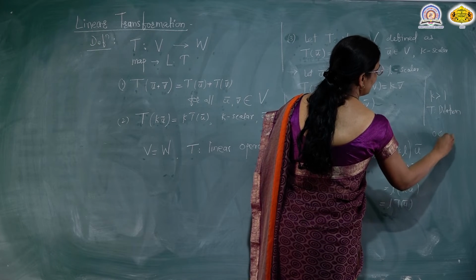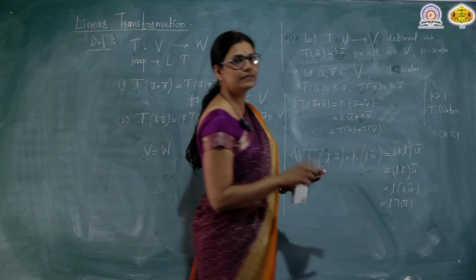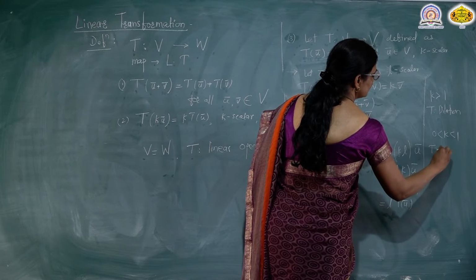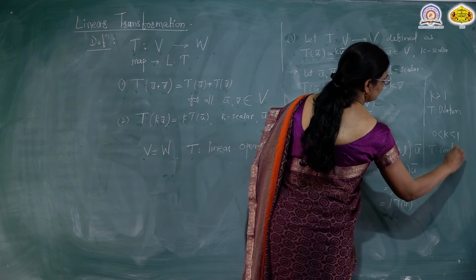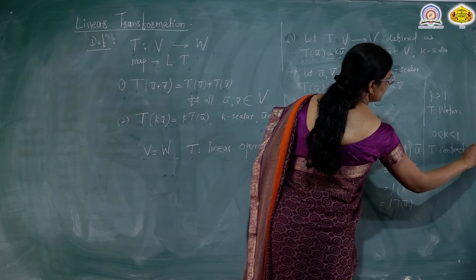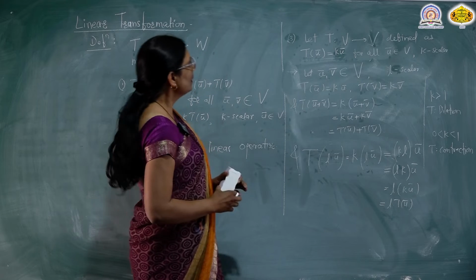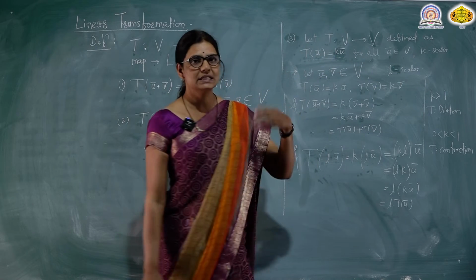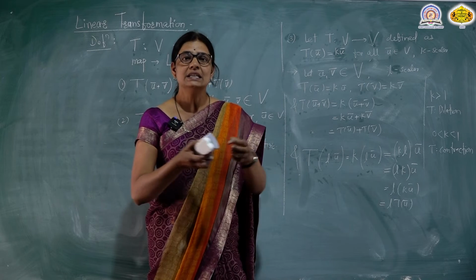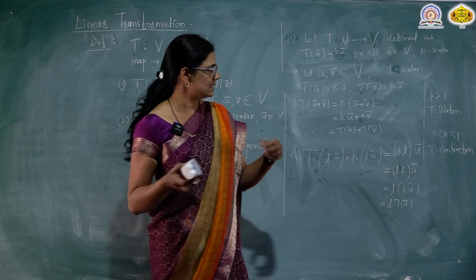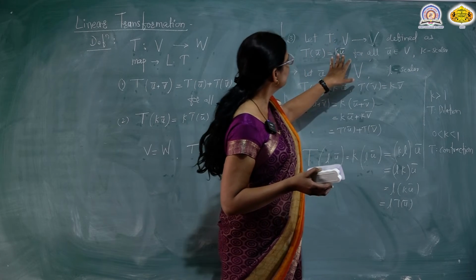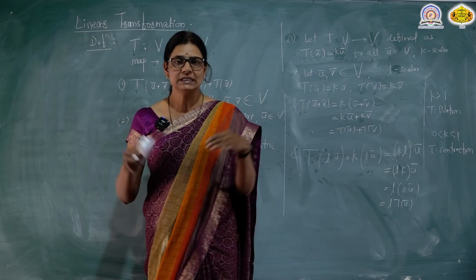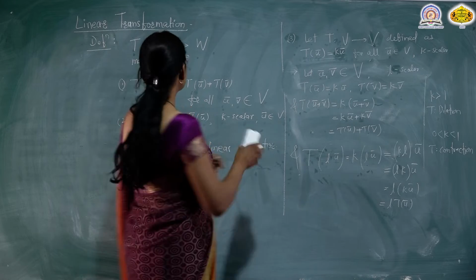And if K lies between 0 and 1, then this T is called the contraction. Now, if you remember, suppose I multiply a vector by a scalar which is greater than 1, definitely it stretches. And if we multiply a vector by a scalar which lies between 0 and 1, then that vector compresses. For example,